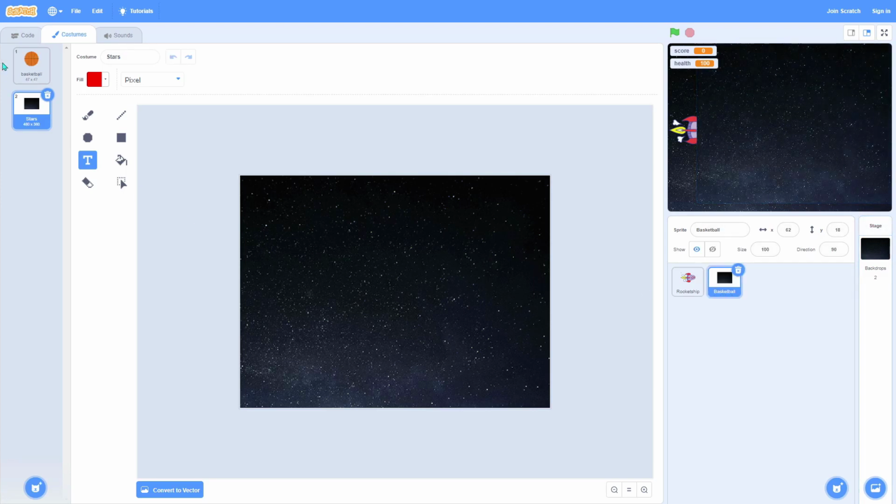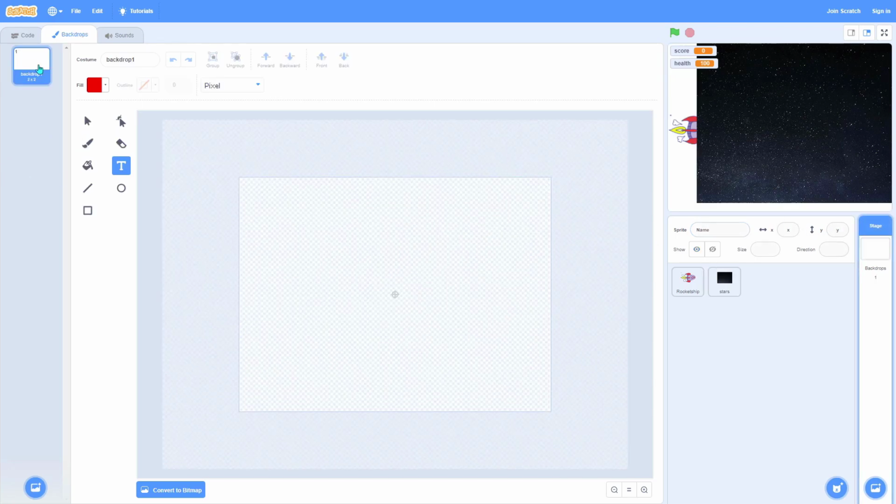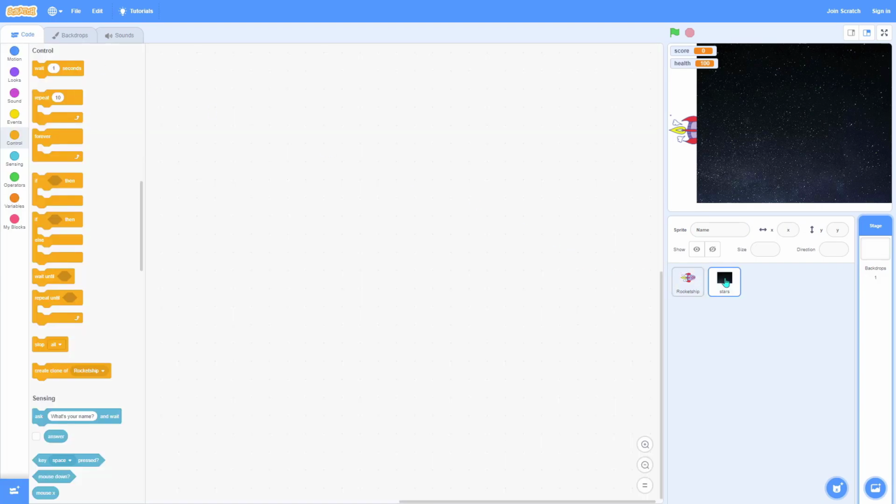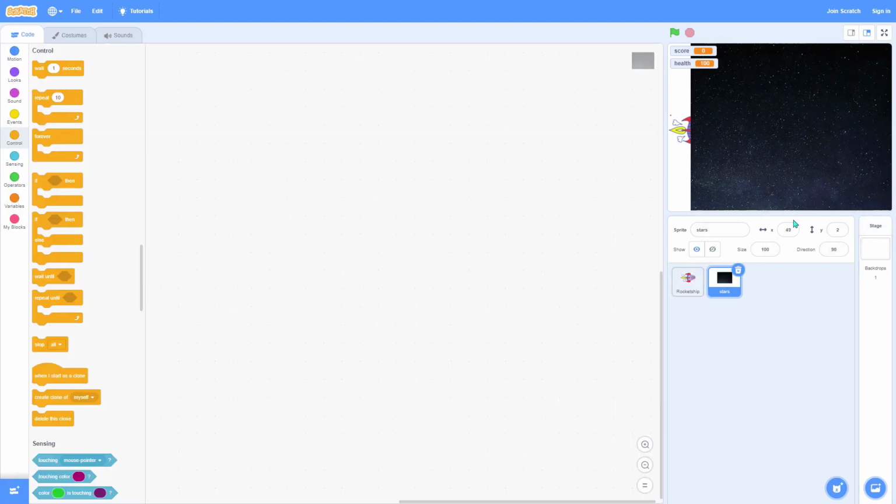Then we're going to go to basketball and the backdrop is here. Now we'll delete it. And now we'll name the stars. And we don't need this stars backdrop anymore. So we'll go to this backdrop and let's say go to 0, 0. And after that, what we want to do is